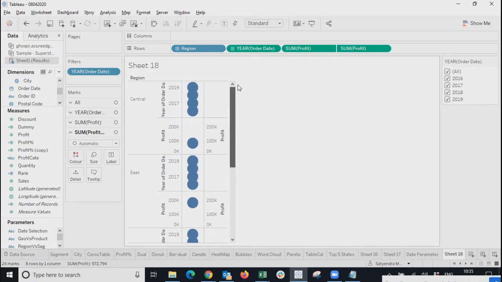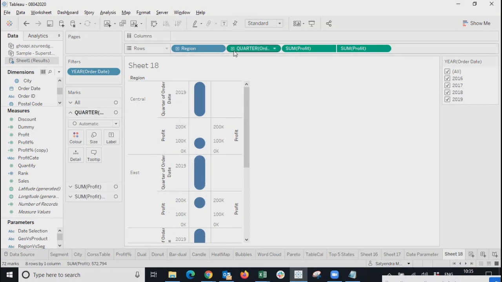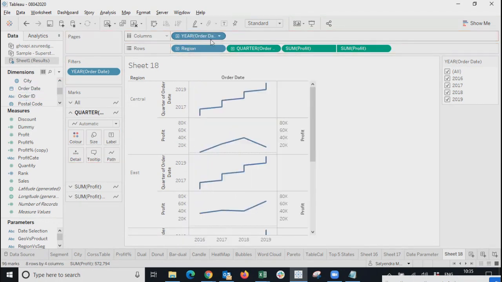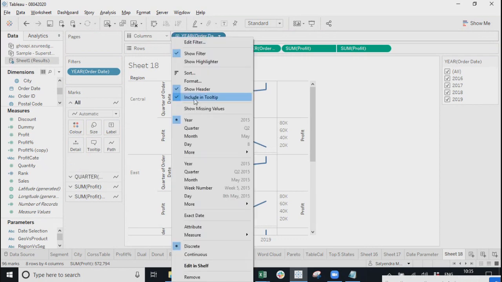I've dragged year here, right? You are able to see four circles related to each year. If I just drag this order field once again and maybe select month over here,